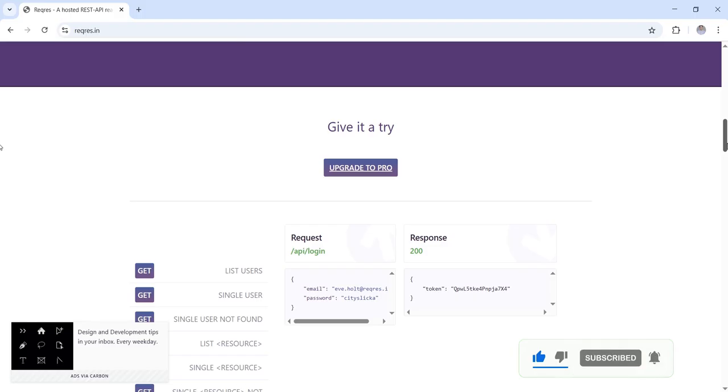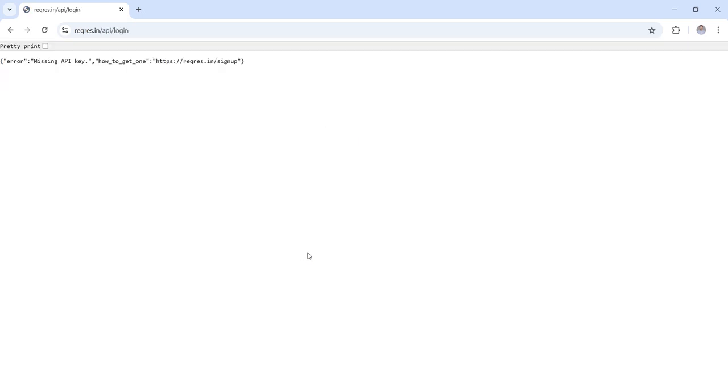First, we need to enter the URL. In this API, we need to enter the API key. As you can view, it says missing API key. So we need to enter the API key in the header section. Now, copy this complete URL and open